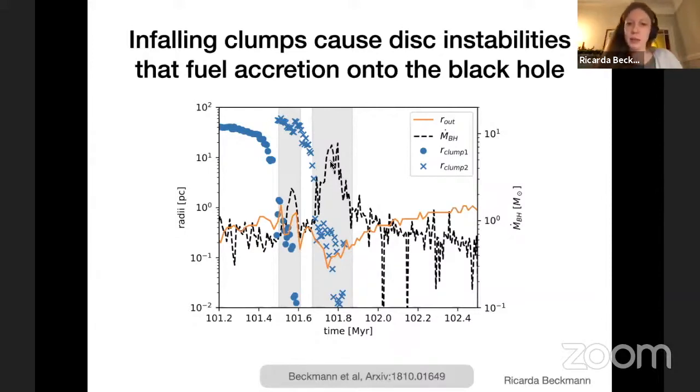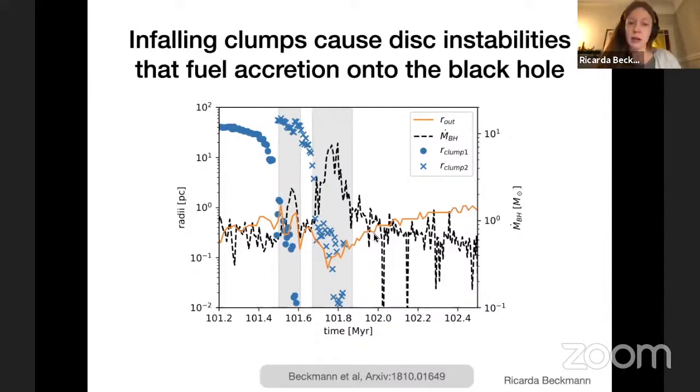But the interesting part is the mechanism of why that happens. Because what we've also shown here is this orange line, which is the outer radius of this nuclear disk. And as these gas clumps come in, it's not just that the clumps get accreted, it's that as they disturb this nuclear disk, the nuclear disk contracts due to the transfer of angular momentum in this process and delivers an extended accretion feeding event to the black hole, which then grows for a good period of time until the disk resettles and the accretion rate of the black hole drops off again.